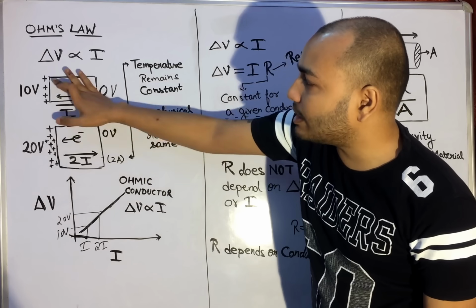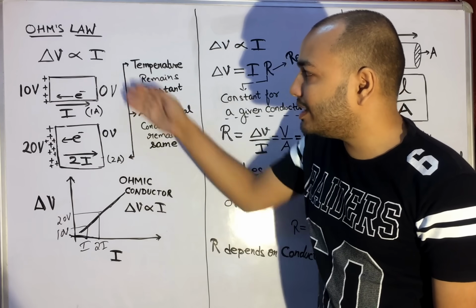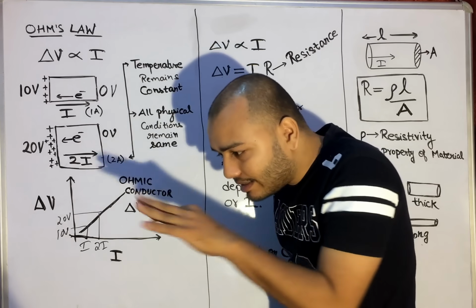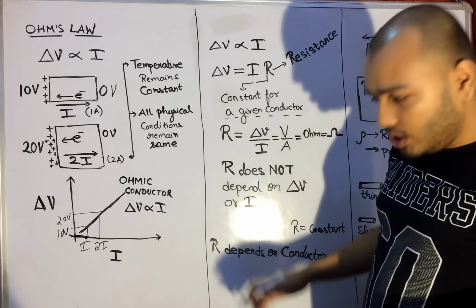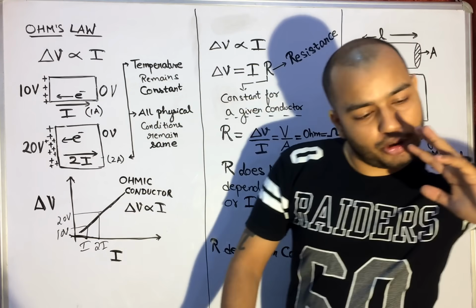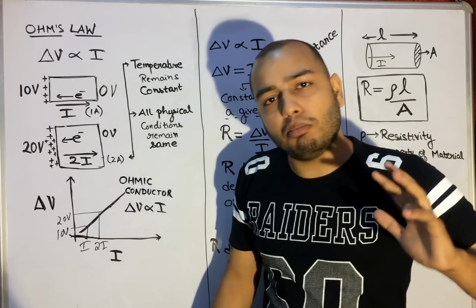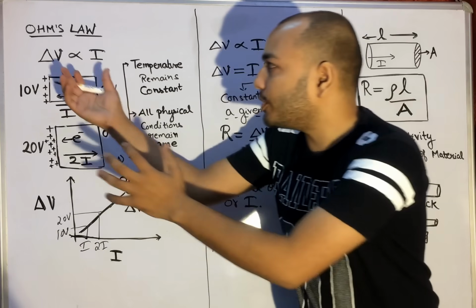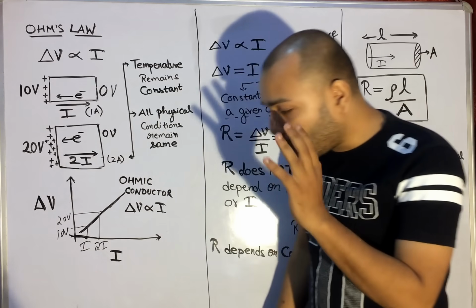So as you increase the positive potential here or decrease the negative potential over here, as you increase the potential difference, current flowing inside the conductor increases. You can think like potential difference is a push to the current. More potential difference means more push, and more push means more current. So it is simple. More potential difference, more current. Provided